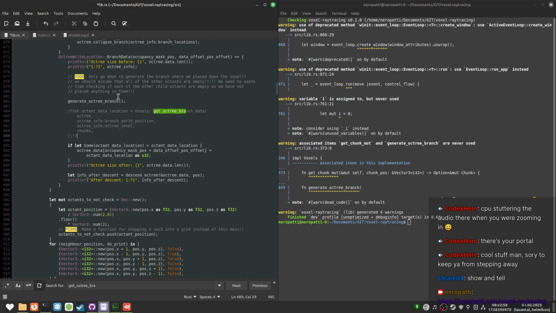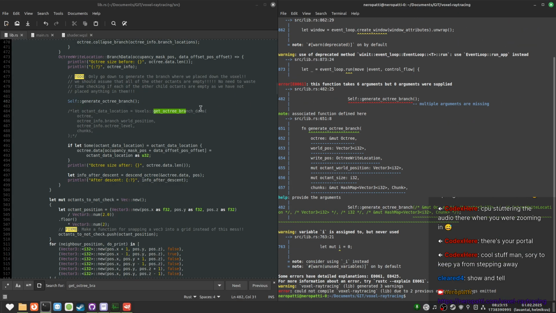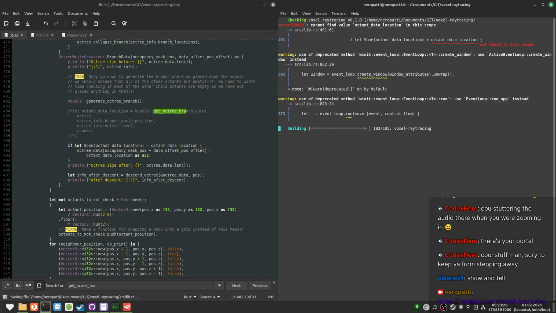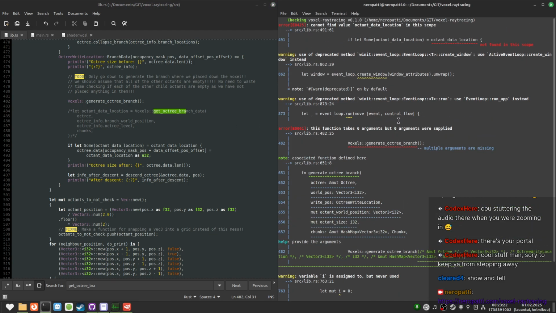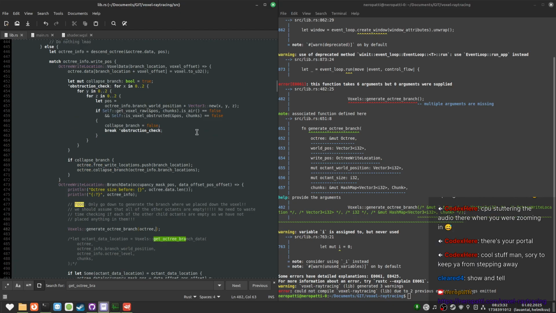Let's see. What do you want? So I want to say voxels instead of self. Okay, so we need the octree. We need the world position. We should have that.